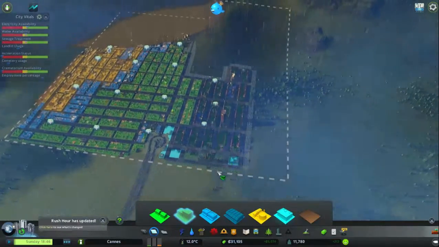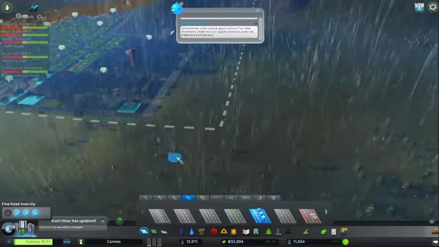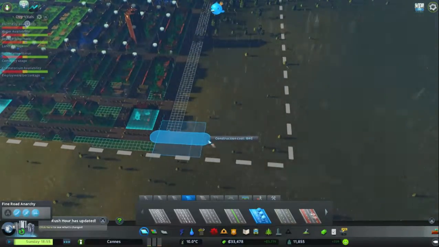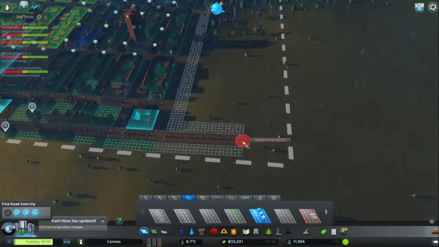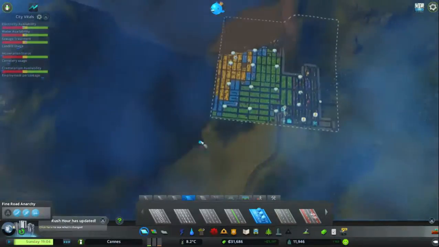still getting demand, and people are still building. I'd like the rain to piss off, but, you know, can't win everything. But we're gonna continue to zone up from here. We do still have $32,000 to spend, so if we go to there,